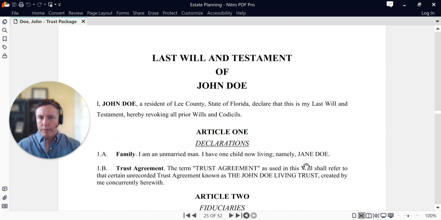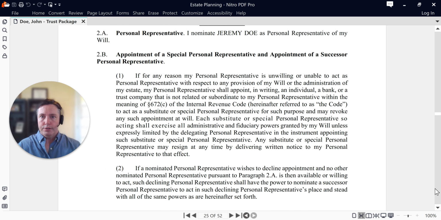And then we have a will. Of course, a will only kicks in after somebody dies, and the only purpose of these wills is to make sure that assets that you owned at death that weren't already in the trust name end up in the trust name. So you say, I sign this trust and I'm deciding who I would like to be the personal representative, which actually handles the probate.